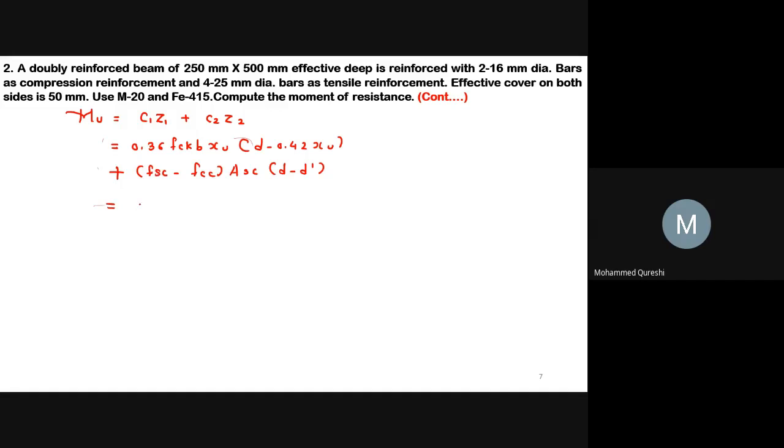So inputting all the values: 0.36 into 20 into 250 into the value of XU we calculated in the previous step, that is XU equals 316.90. Here the section is over reinforced, therefore we have to go for the minimum value, that is XU equals 240